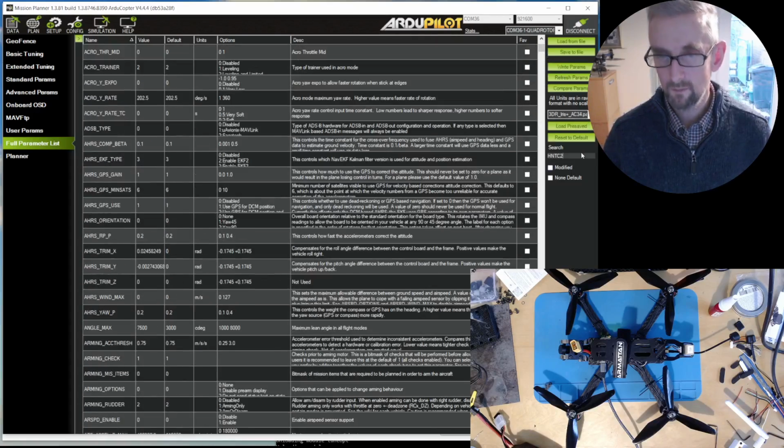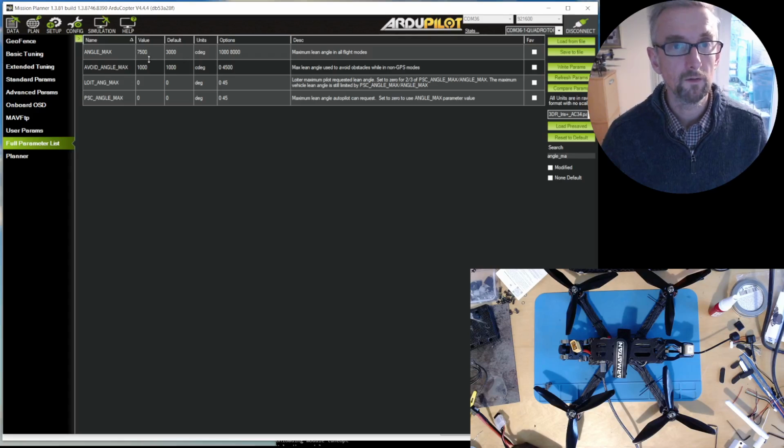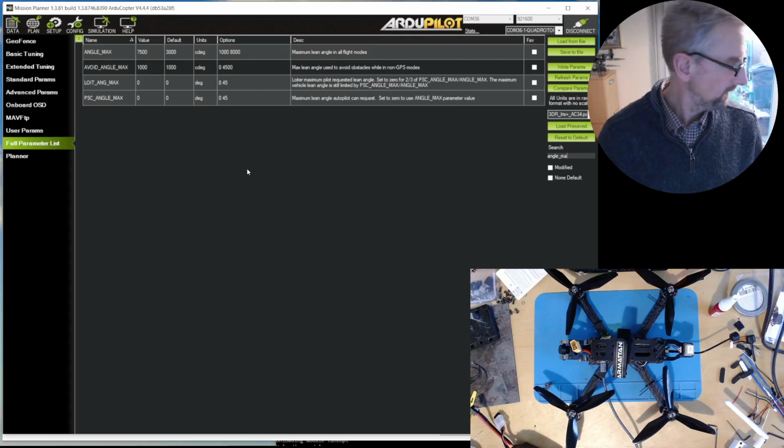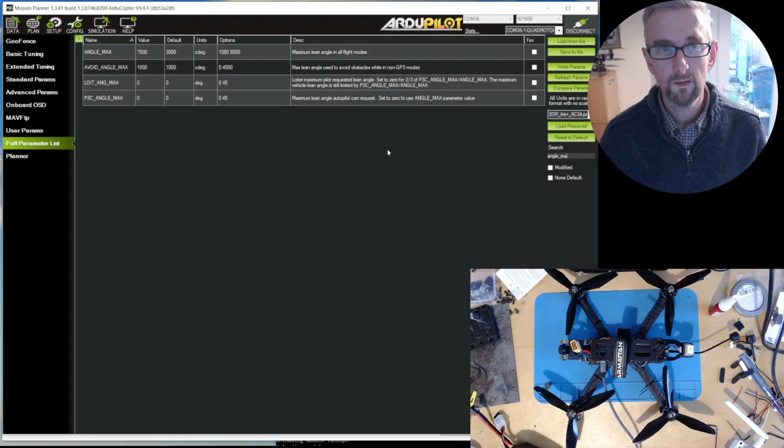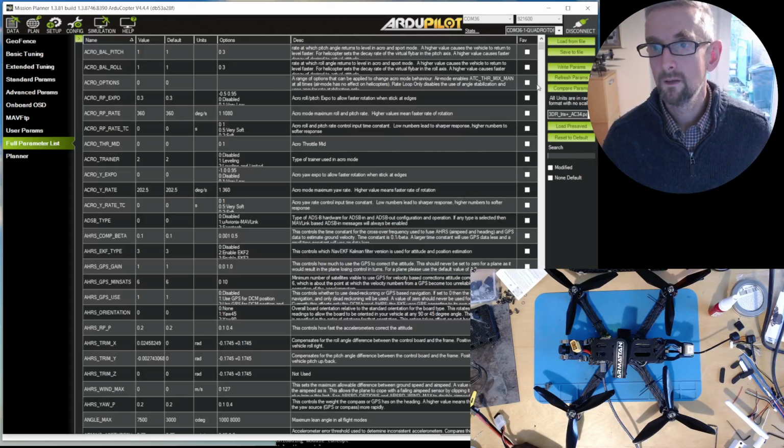And then the final thing I did was wind up angle max. The default is 30 degrees, and I wound that up to 75 degrees. So that's pretty good. I'm getting close to actually being able to fly this properly, FPV, but there are a few other settings that I would always change, and probably the easiest way to do this is to compare with my existing